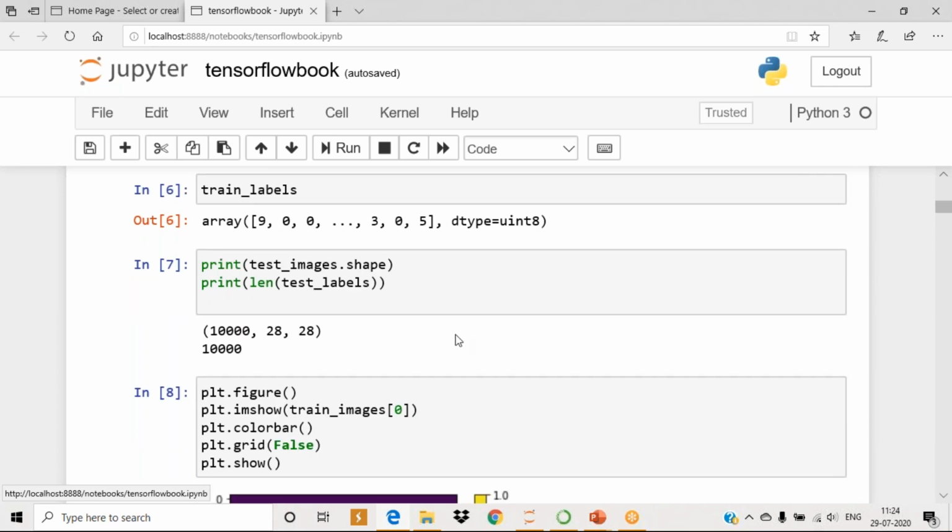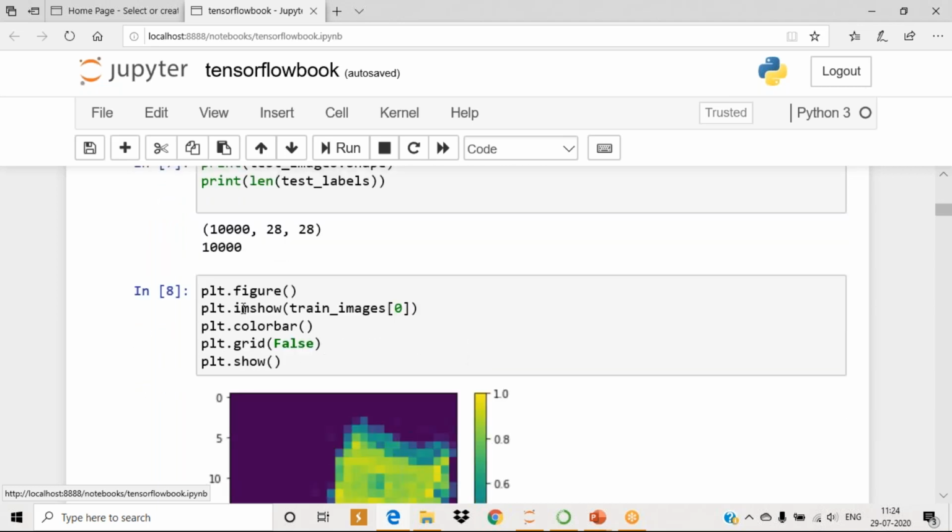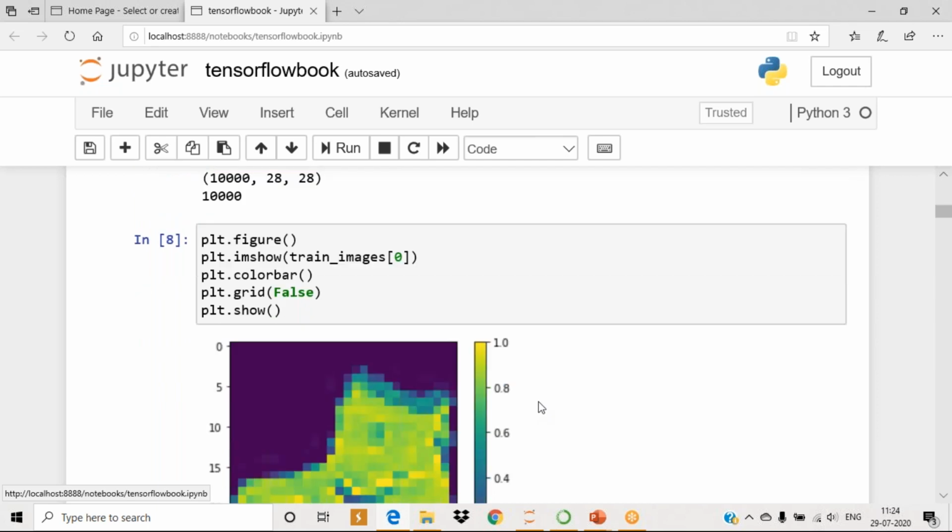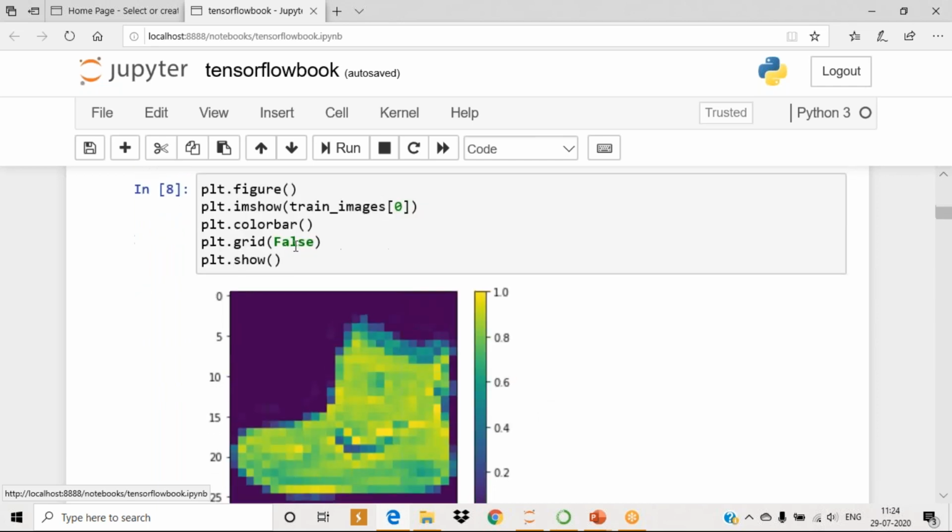And next, I just want to print one image. That image I'm going to display in a plot. Using plot, you are going to display your image. So here, plot dot figure. In a plot you have an x-axis and y-axis, right? So now you plot a figure.